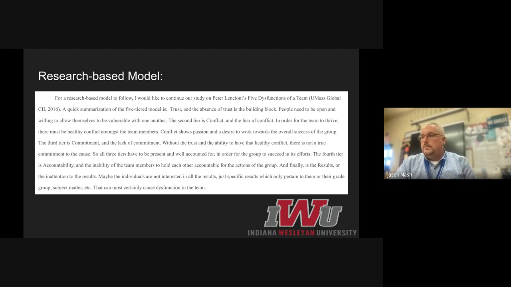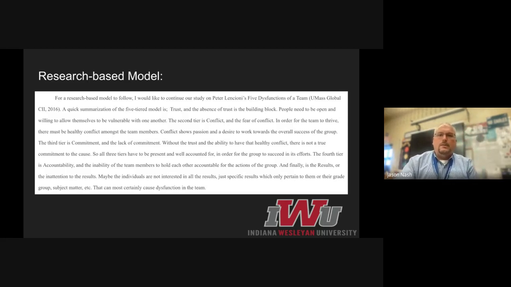Talking about trust. Trust has to be the building block of all of it. We need to be open and honest. We have to be willing to maybe have a little healthy dialogue with each other. I think one of the things that we talked about in the video was if there's going to be conflict, there should be some conflict, but it should be healthy conflict. Then there has to be the commitment. So right up front, I'm asking them to commit for a year. That will build the trust, and then we'll get to the accountability, of course, and then the results.